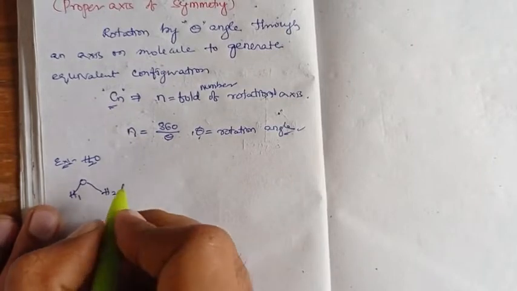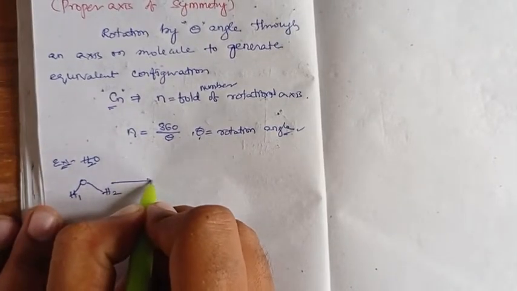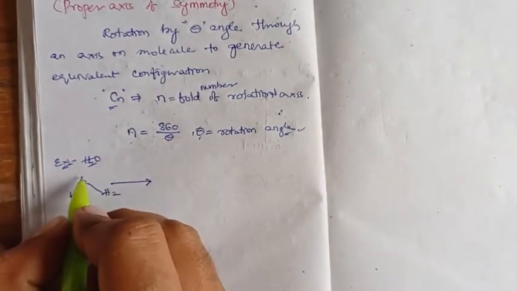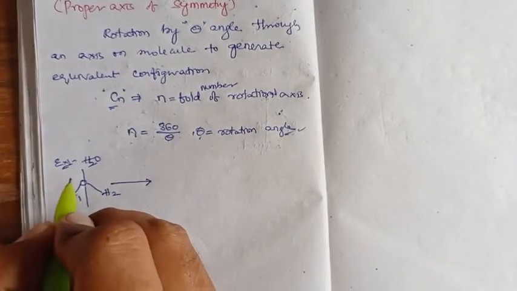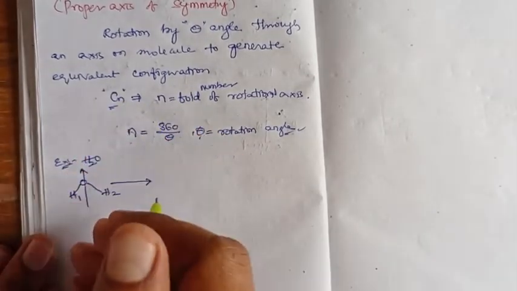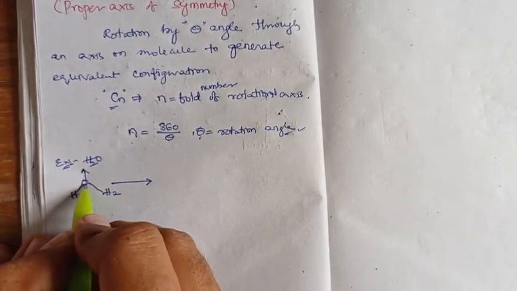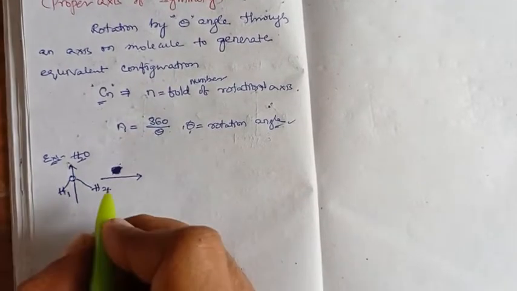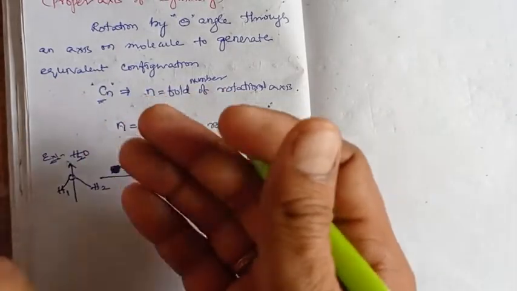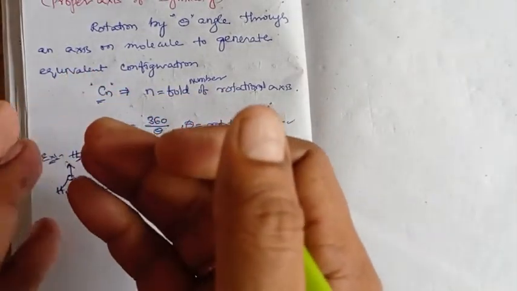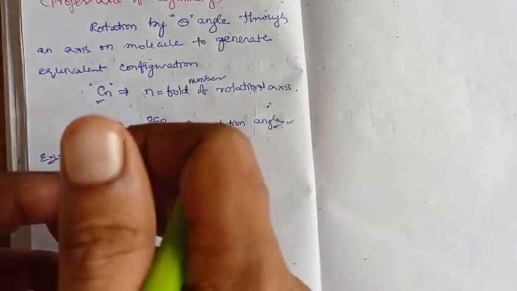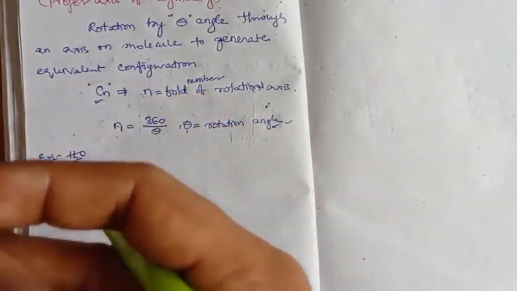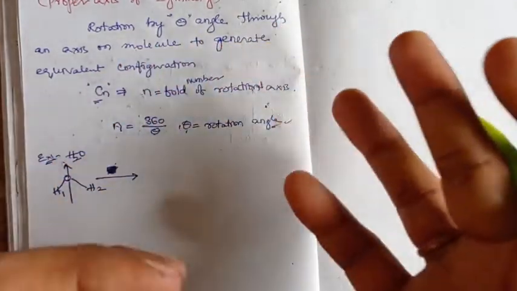And here, while we do the operation with a proper symmetry rotation, we apply a symmetry axis which passes vertically through the oxygen atom, and it also passes through the center of gravity, the middle of the molecule. For the water molecule, you may know that before this class we repeated the rotation operation on the water molecule. But for every molecule, the rotation angle may not be the same; it would be different, right?